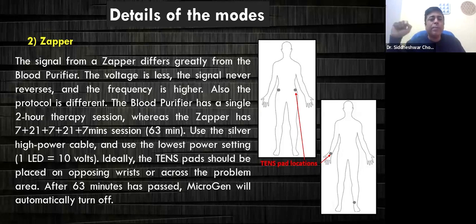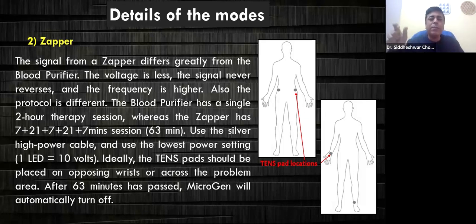First, for 7 minutes, it is giving you therapy, then it gives a 21-minute break. Please mind you, the device is on here, but it is not giving your body any signal, right? So it gives signal for 7 minutes, 21 minutes break, followed by a 7-minute zapping session again,